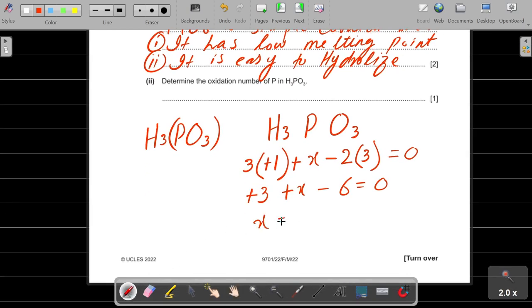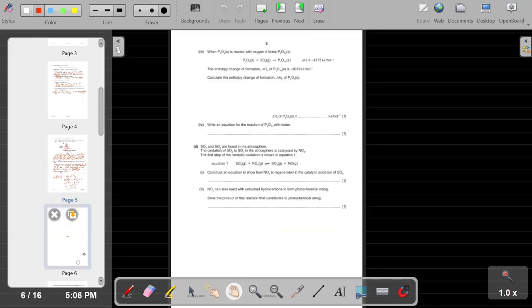x will be equal to this negative 6 will move here. It will become positive 6. And this positive 3 moves here. It will become negative 3. So our x will be equal to positive 3. So the answer will be positive 3. Okay. So the next question we have,